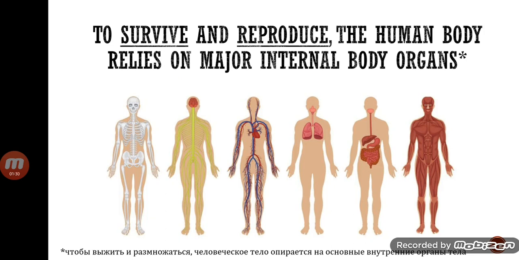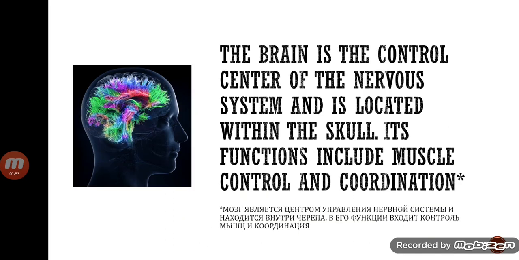To survive and reproduce, the human body relies on major internal body organs to perform certain vital functions. When two or more organs, along with their associated structures, work together, they become component parts of a body system. Some of the easily recognizable internal organs and their associated functions are the brain. The brain is the control center of the nervous system and is located within the skull. Its functions include muscle control and coordination, sensory reception and integration, speech production, memory storage, and the elaboration of thought